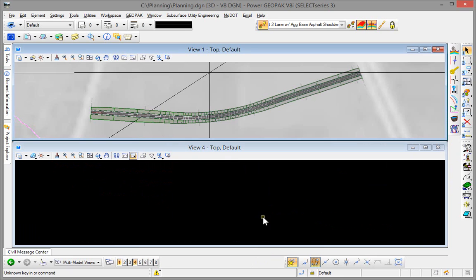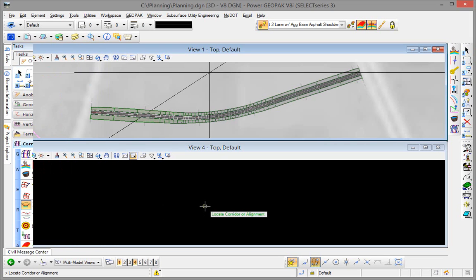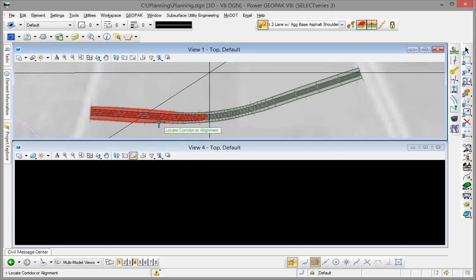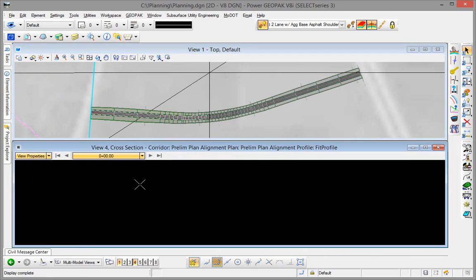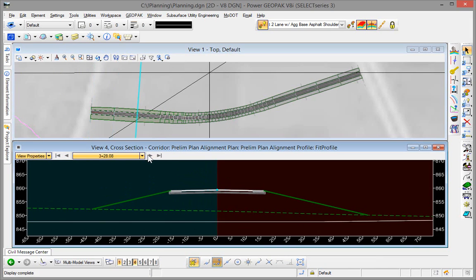Now let's take a look at our dynamic cross sections. To do that, we're going to come over to our task and expand our corridor modeling under our civil tools and select Open Cross-Section View. And it asks us then to locate the corridor. So I'm just going to pick my corridor, and then I'm going to select a view to display my cross-sections in. And immediately you'll see my proposed cross-sections. And as I toggle through my project,